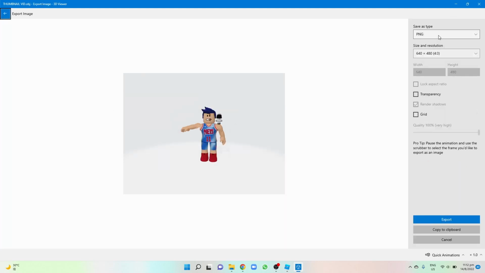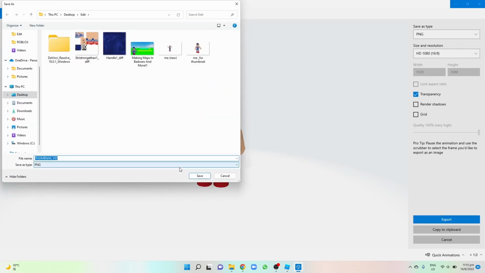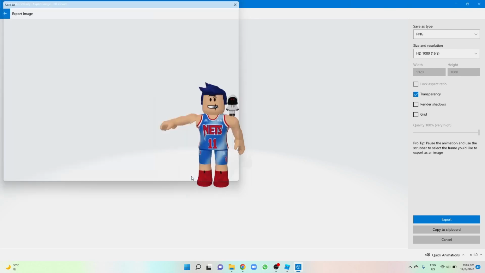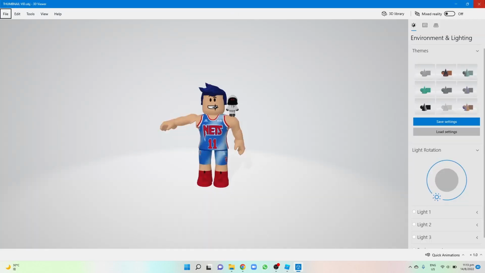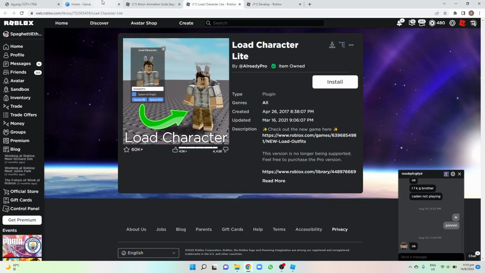Now make sure it's a PNG, whatever you like over here. I'll choose this. Make sure you tick the transparency and you need to untick the render shadows. After that, you click export. Now just save it again. You can close this now. Basically, you can go to